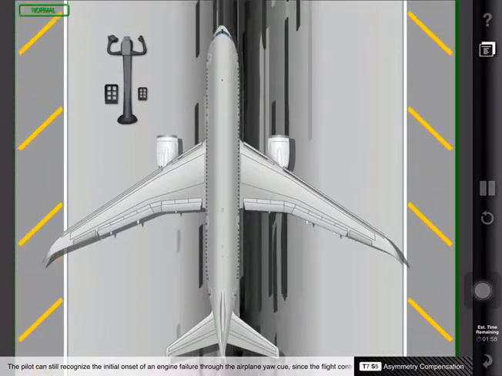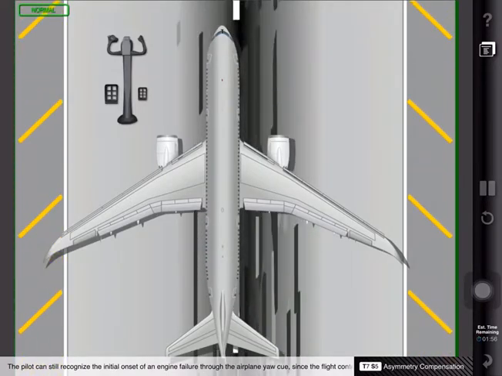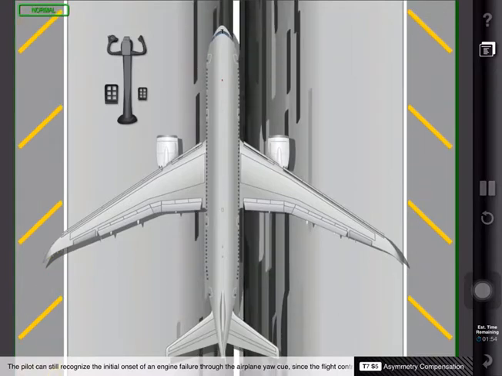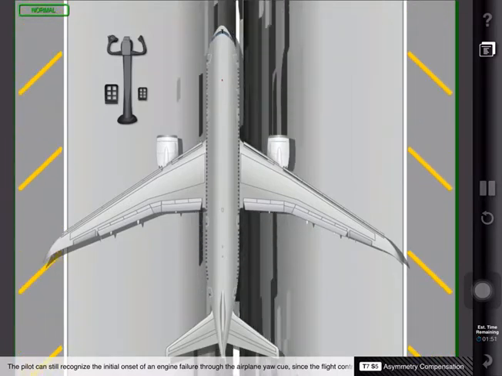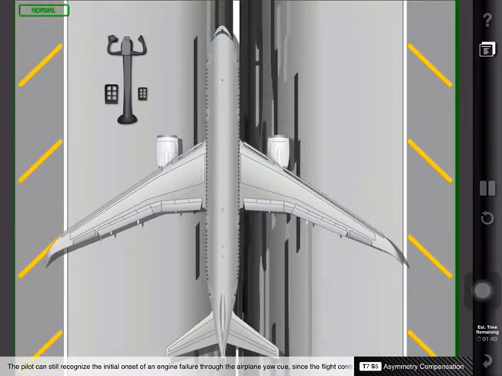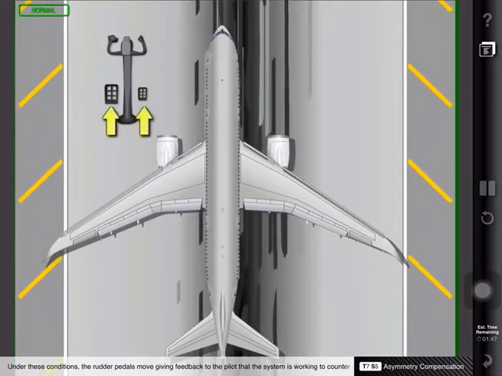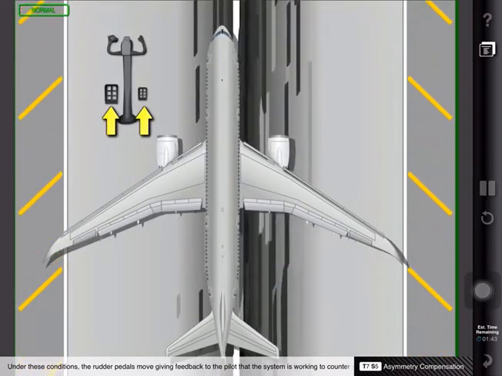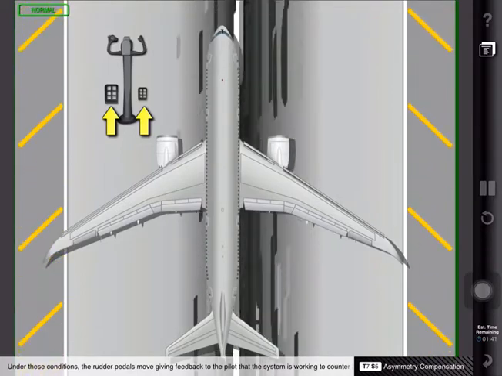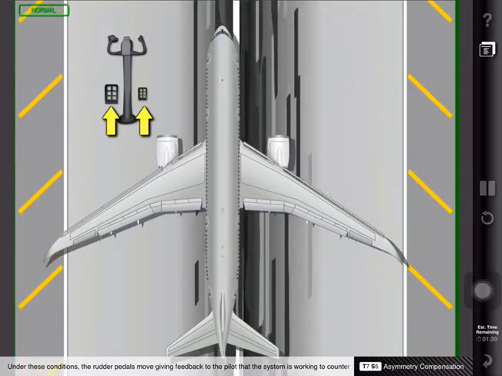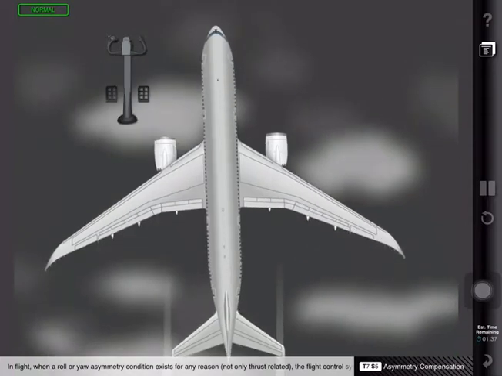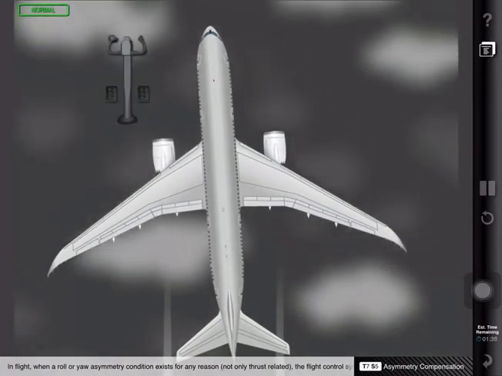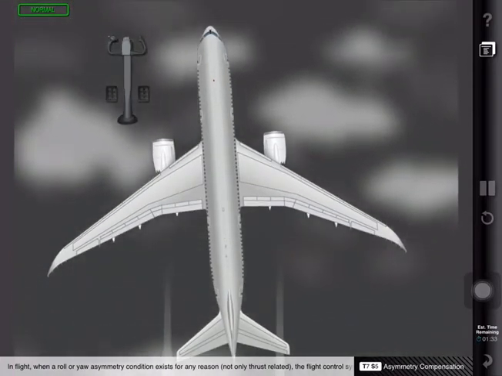The pilot can still recognize the initial onset of an engine failure through the airplane yaw cue, since the flight controls do not counter all of the yawing moment. Under these conditions, the rudder pedals move, giving feedback to the pilot that the system is working to counter a thrust asymmetry. In flight, when a roll or yaw asymmetry condition exists for any reason, the flight control system attempts